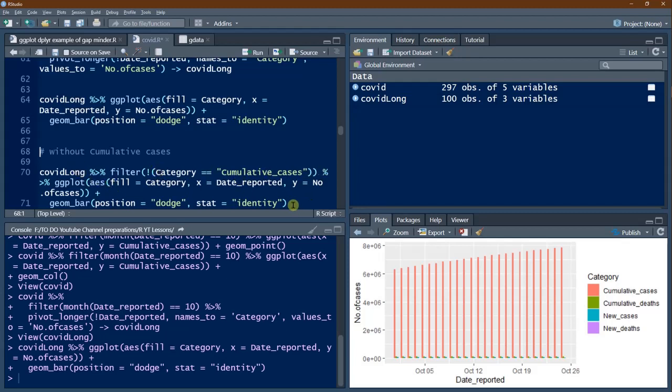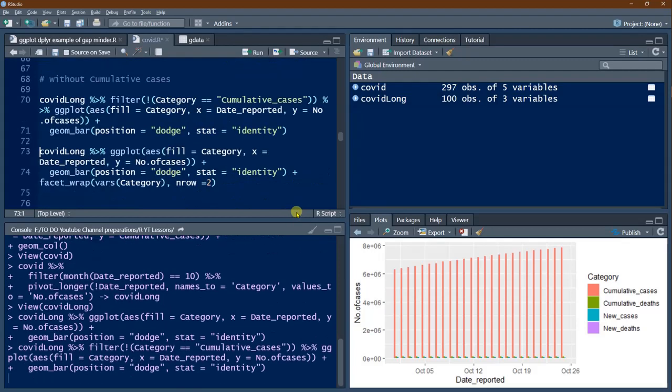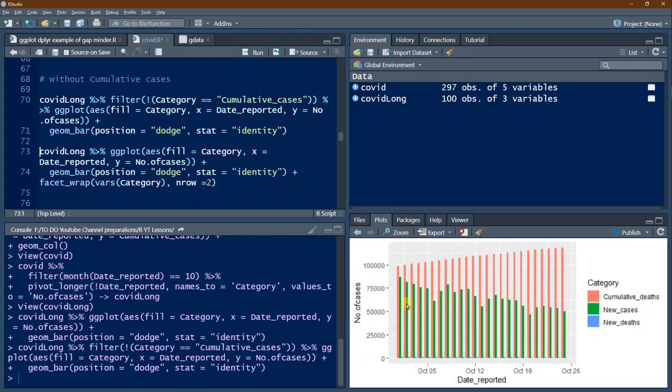Remaining things are the same. So now we will have only three categories. With three we are able to visualize, and again new deaths are very small when compared to cumulative deaths and new cases. So this is somewhat better, but still we can do something more.